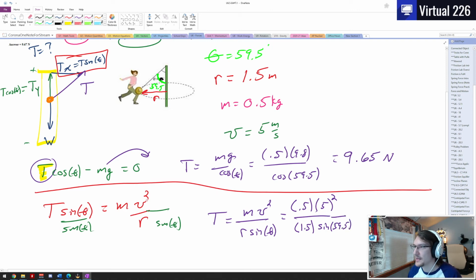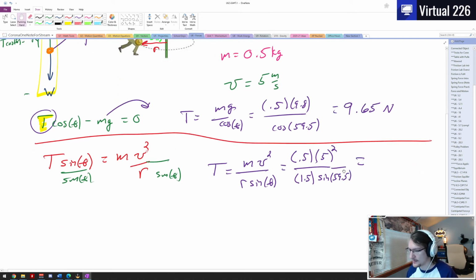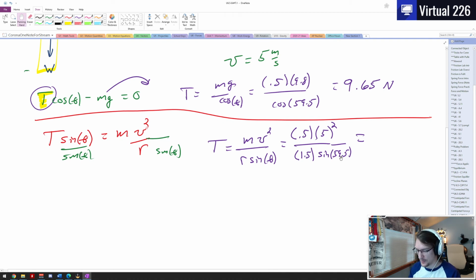If we put all that together, what do we get here? So 0.5 times 5 squared of 25, so 12.5 divided by 1.5 is 8.3333333333. Divided by the sine of 59.5,